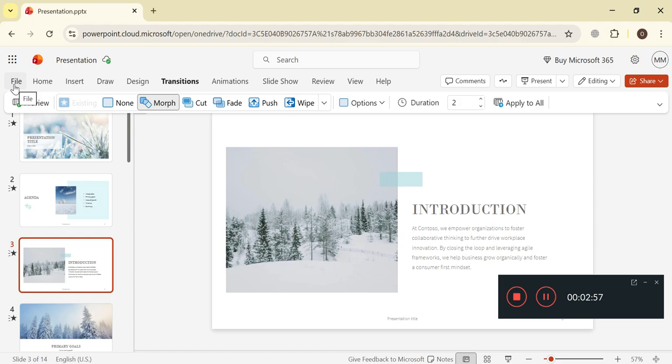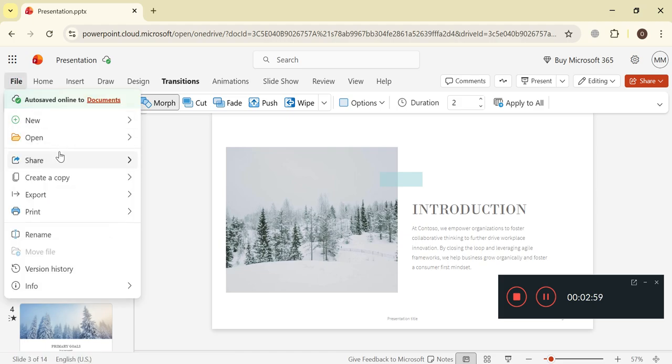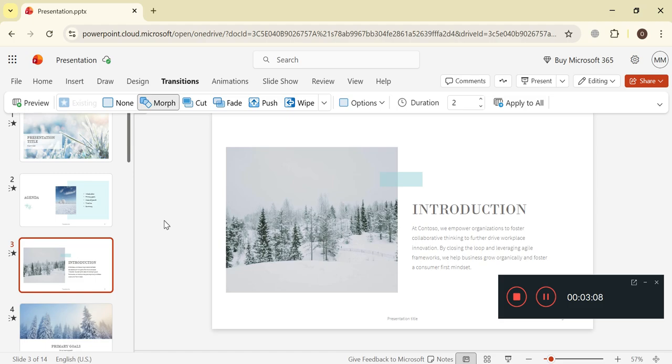And after that, you just click on the file and then you can save or export it to your device and download it as a PDF. It's up to you. You can also print it right away. So that's how basically you can use Microsoft PowerPoint Online for creating professional slides.